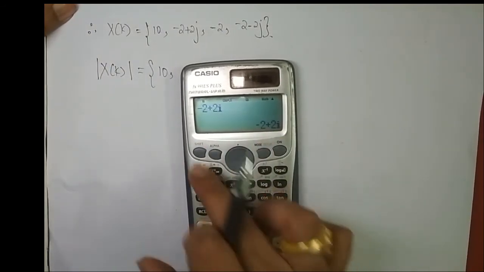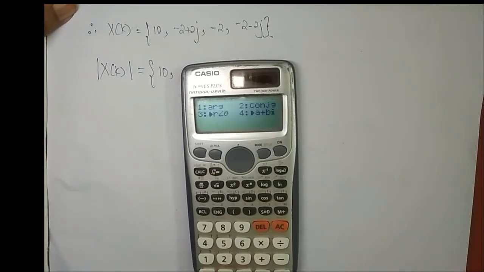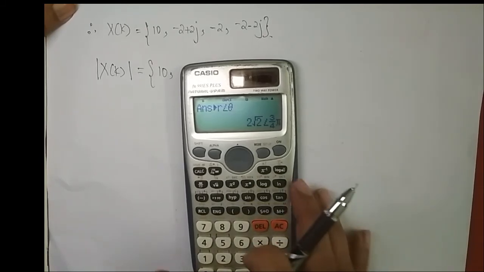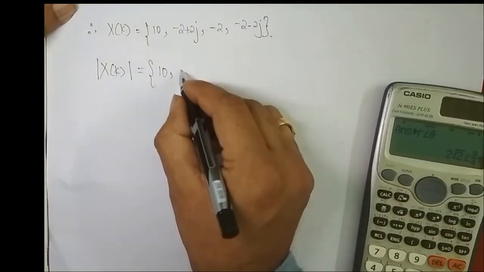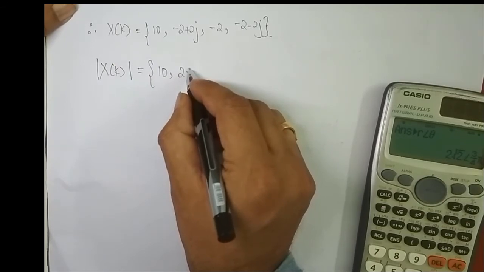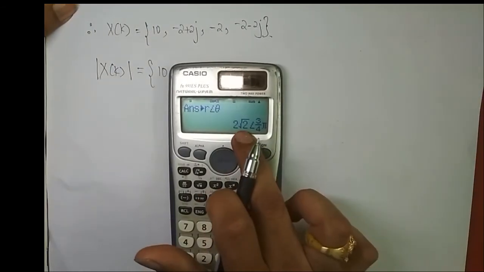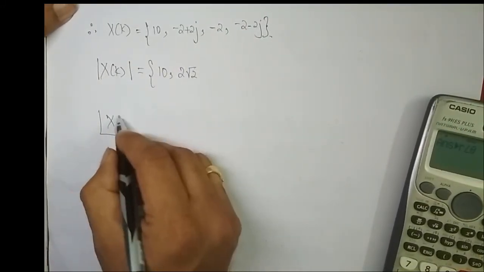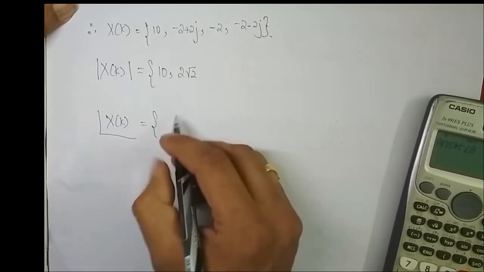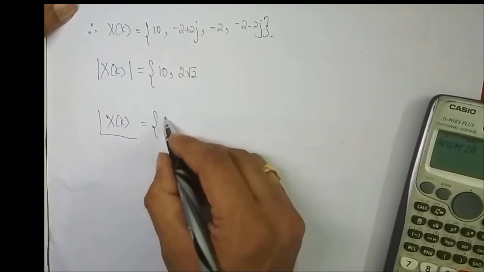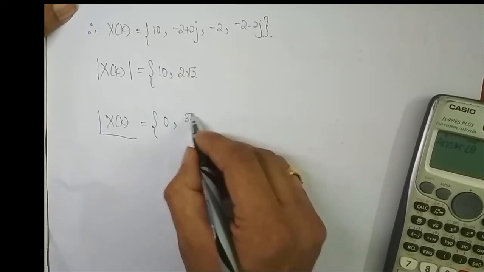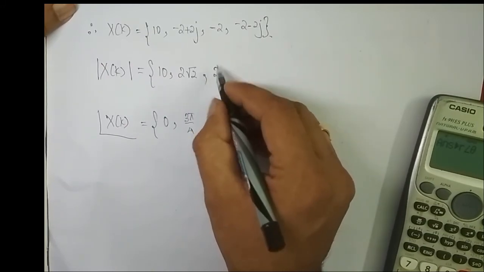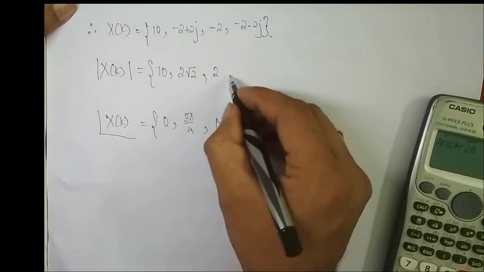So it is minus 2 plus 2j. I have to put it in radians. Shift complex, so it is 2 root 2 at an angle 3 pi by 4. So 2 root 2 is the magnitude, and 3 pi by 4 is the phase angle. Okay, let me write the phase angle as well. So angle of X of k is equal to, the phase angle is 0 here and the phase angle is 3 pi by 4 here, and the magnitude is 2 here, and the phase angle is 0 here.